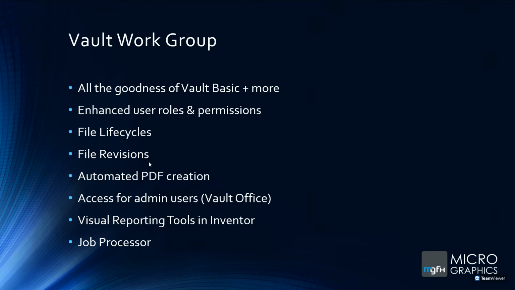Vault Workgroup also brings in what we call file lifecycles. This allows you to have files go through their different life cycles with regards to where it is in the process. If a file is work in progress, it would be in a work in progress life cycle. That life cycle can control what access is available to that file. So if something is work in progress, you'd be able to read and write to it and make changes to that file. But if that file is then completed and you're happy with the design, you want to submit it to your client,